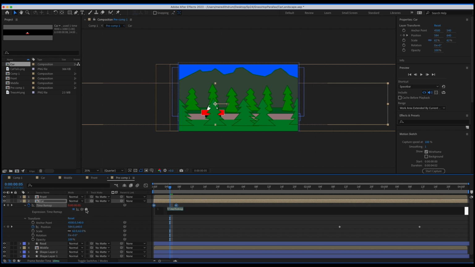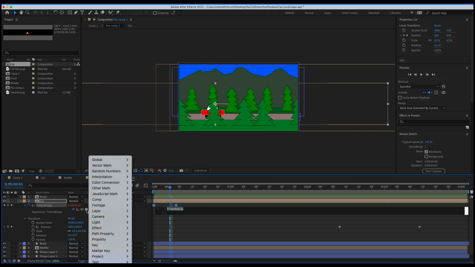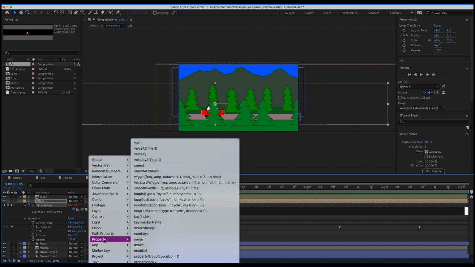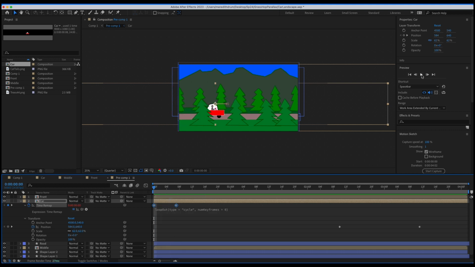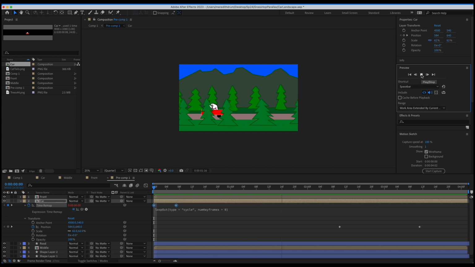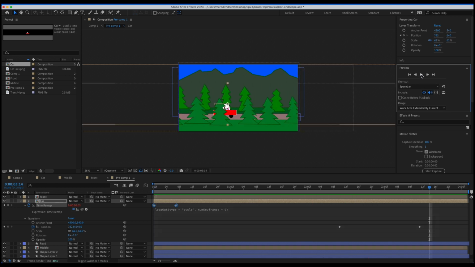But you can also look at this one, gives you some pre-made ones. It's this little arrow there. So click on that and look for property, and then go to loop out. So it's pretty simple there. It's a cycle. And what that does, you can see it here, loop out, type, cycle, number keyframes, and it does it there for you automatically, which is nice. And now that jumping back and forth, up and up, will just keep going on its own.